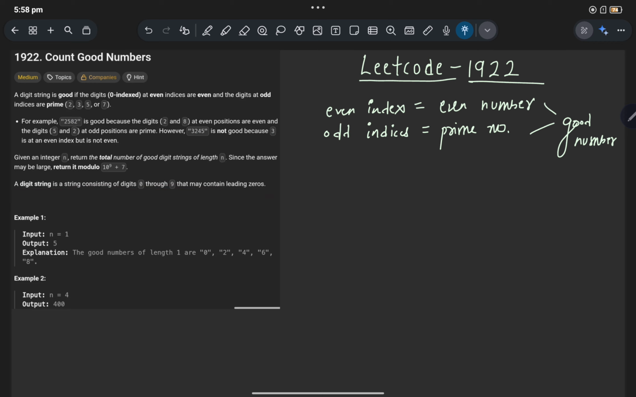So in this question we will be given n, meaning the size of the string. For example, here n equals 1 and output equals 5. And how so? n equals 1 means the string should only be of length 1. So all the strings that can be of length 1 will be 0, 1, 2, and so on. But we have to keep in mind one thing: